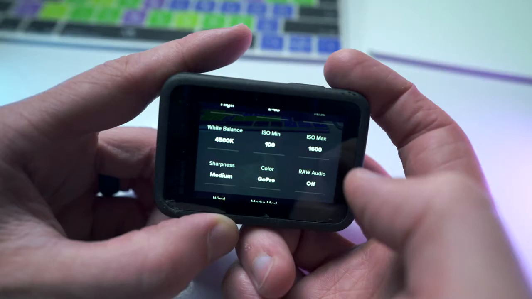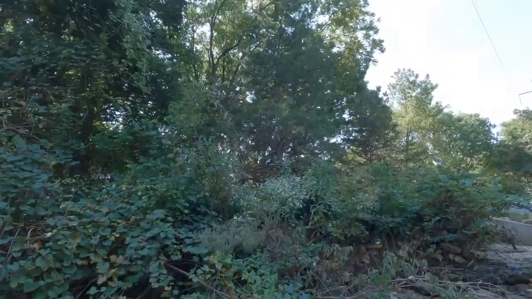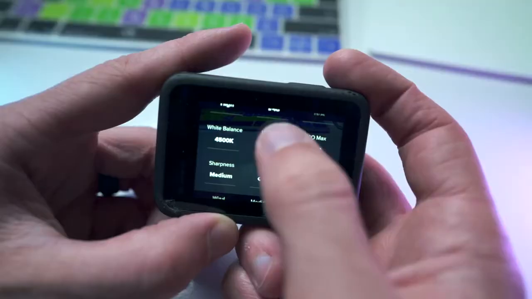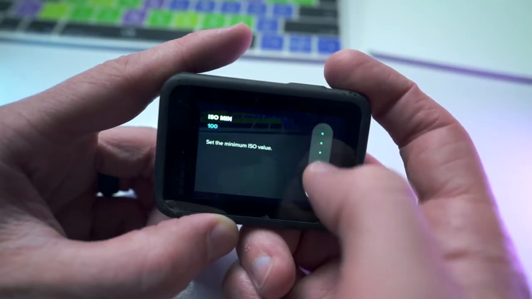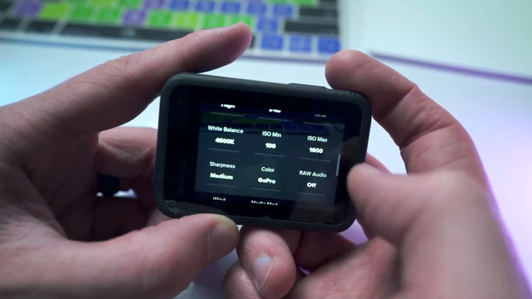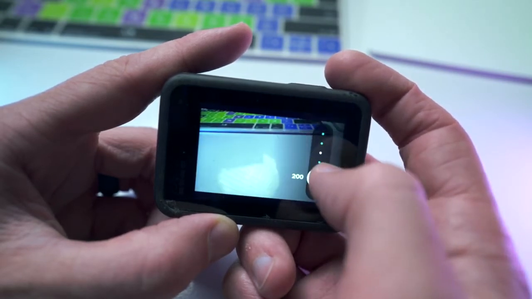Next, we're going to be talking about ISO min and ISO max as a single feature. Having a wide variance between these values will mean that there's going to be a lot of fluctuation in the overall sensor's sensitivity to light in your shot, which means that you could get fluctuations in how bright or dark your shot is. So in this case, I suggest setting this to 100 for the minimum and maybe 300 for the max. And that's going to ensure that you don't have those big jumps